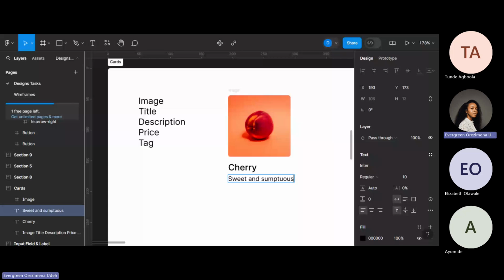I think I explained this in like two classes ago. This is auto width. It means the text can keep going on forever. This other option means you set a fixed width and it's just the height that is auto. So we want to make sure that our text does not exceed the border of this image. We might also want to reduce the size of the text so that it fits in. Yes, sweet and sumptuous,